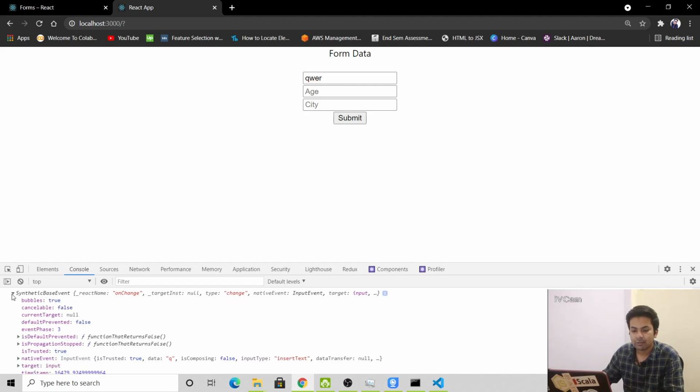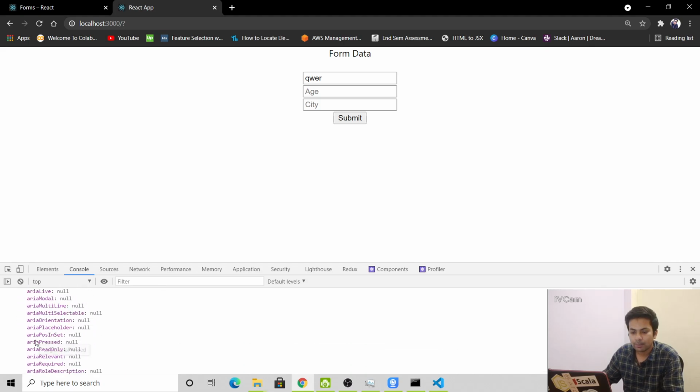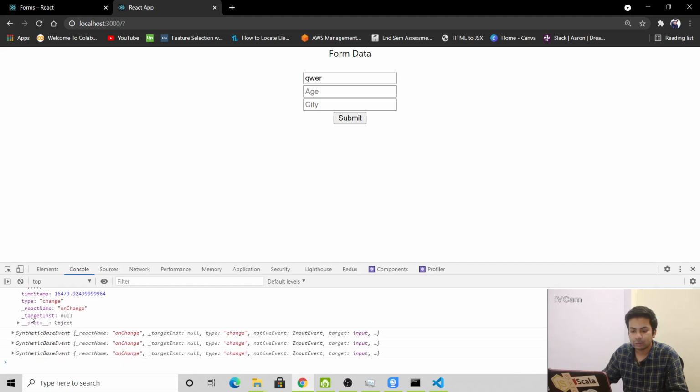So you can check when you go to event and you go to target, there are so many events going on. Whenever you click, we go to event.target.value.